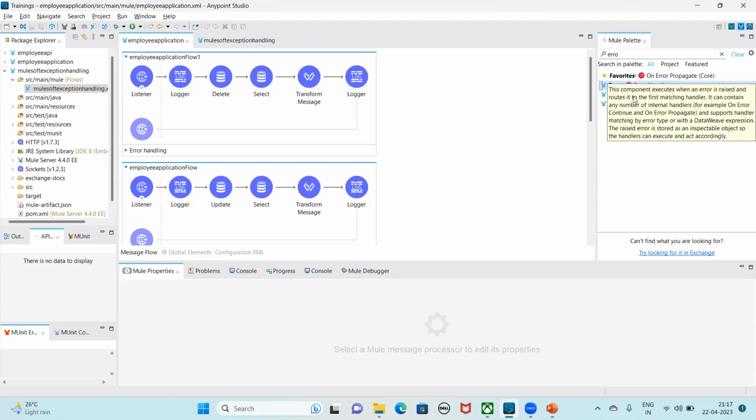You can see the message. This component executes when an error is raised and routes it to the first matching handler. It can contain any number of internal handlers, for example on error continue and on error propagate, and supports handling matching by route, which means that it is just a